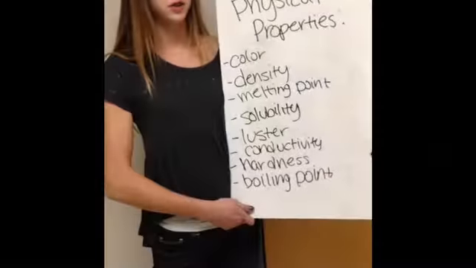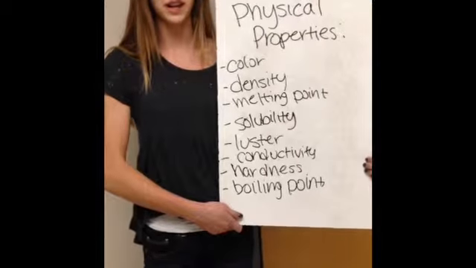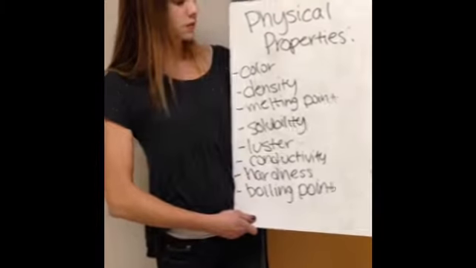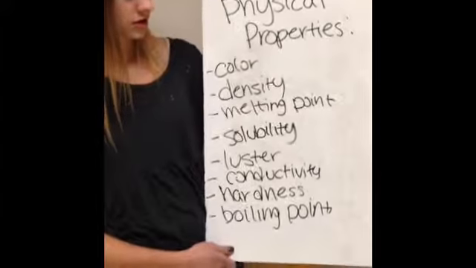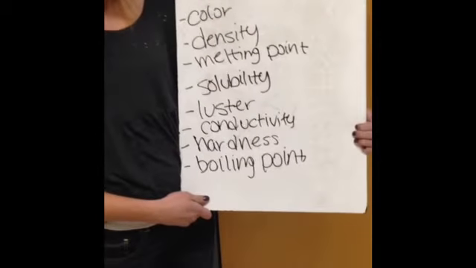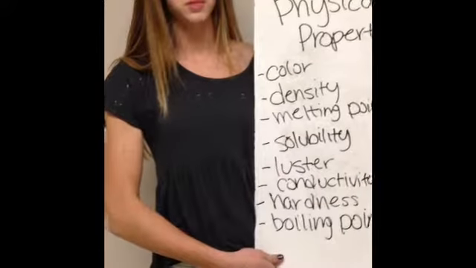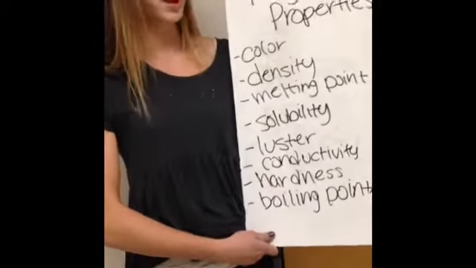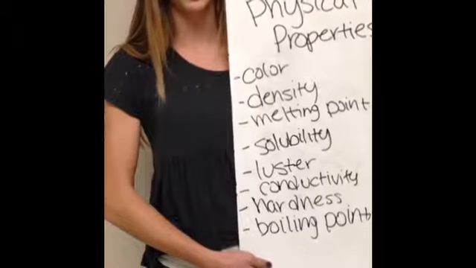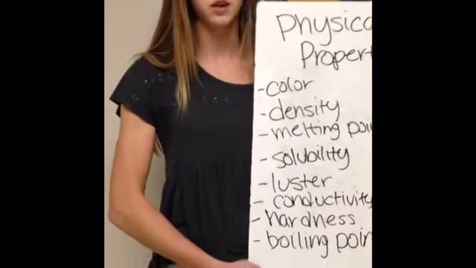Physical properties are characteristics of properties that can be reattained after being changed. Some physical properties are odor, density, melting point, solubility, luster, conductivity, hardness, and boiling point. Once a physical change occurs, it can always be changed back. For example, solubility. If salt is dissolved in water, then if it was reheated, you would end up with